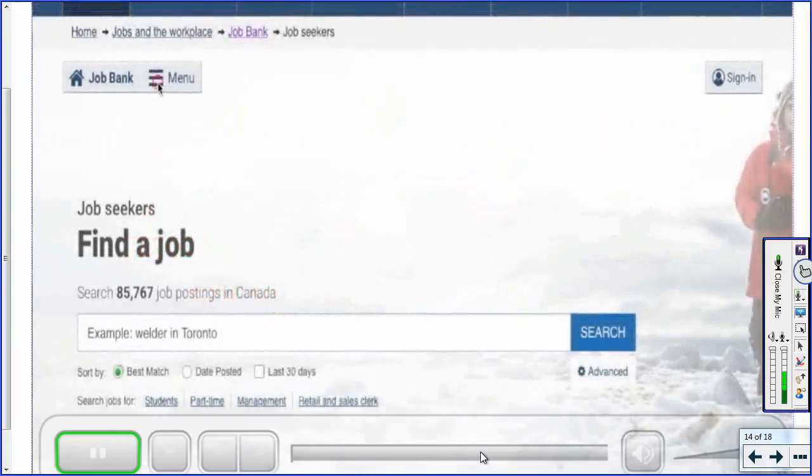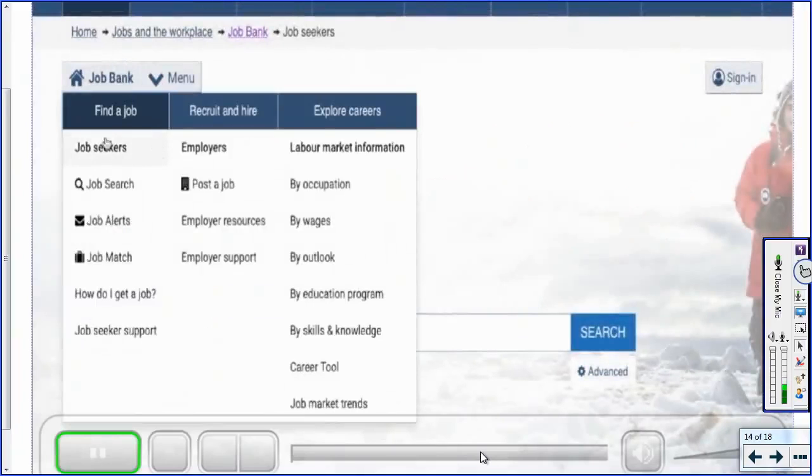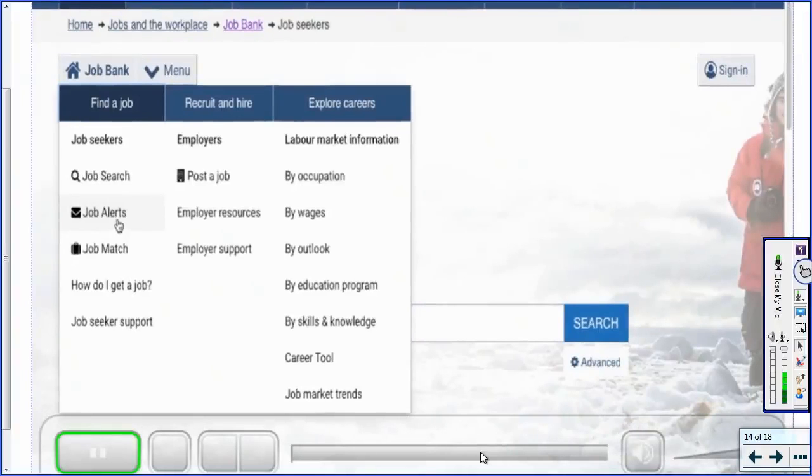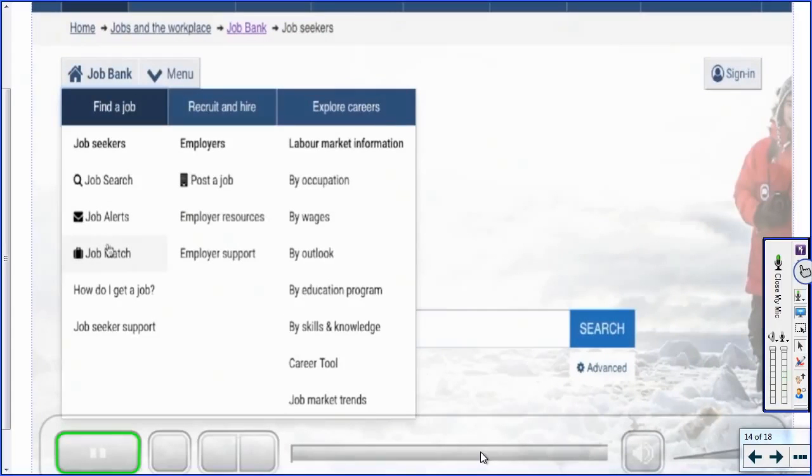So if I go into menu here, it will show me the options that I have as a job seeker. Job alerts involves getting emailed when a job comes up. Basically, what you would do with a job alert is you would do a quick job search, and then you could be alerted to any other jobs that were related to that search that you did. Job match. This is when you share your information, when you create a profile for yourself, and then that information is matched with